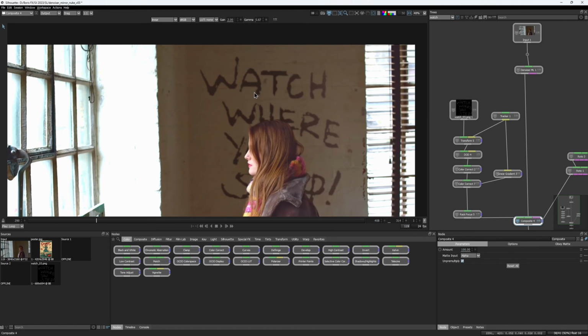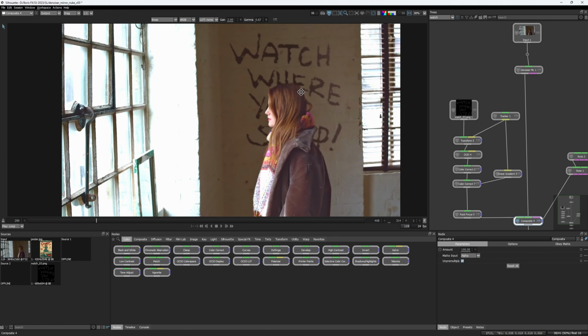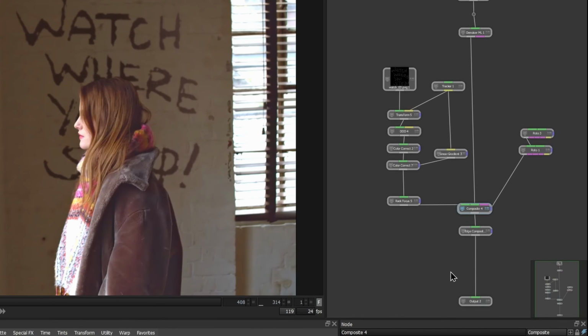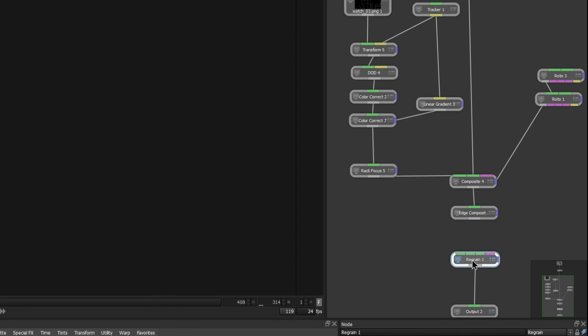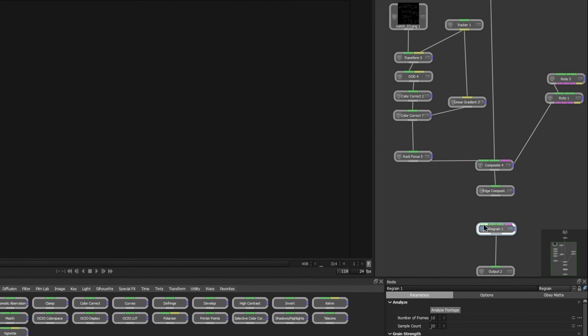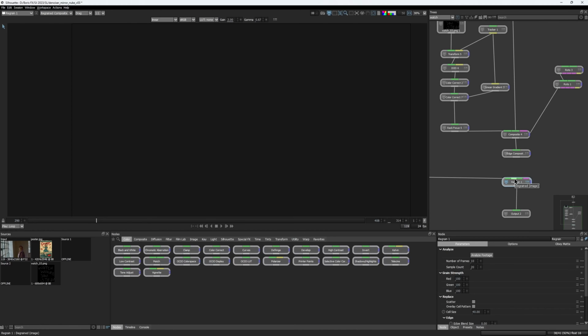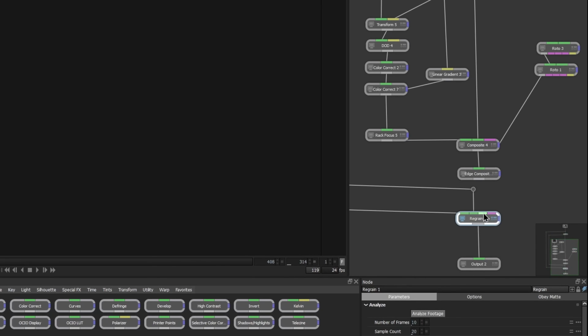But we cannot leave it just like this. We need to add our grain back both to the wall and to our insert. And if you need to preserve the original noise pattern that was already there in the source material, the regrain node comes into play. I create one at the bottom of the node tree, and now it's extremely important to respect the correct input order. First one should be connected to our original source. Second one goes to the denoised plate. And third input is for the final composite.